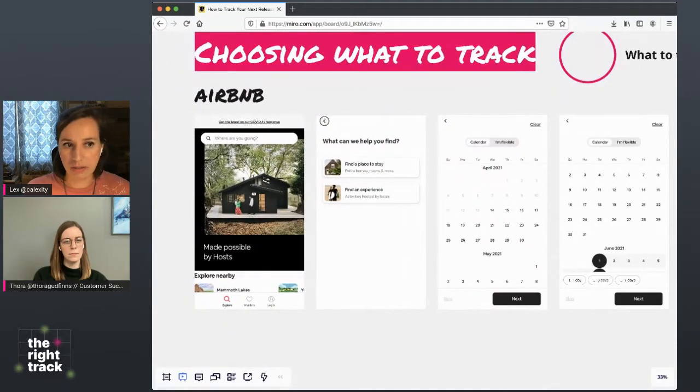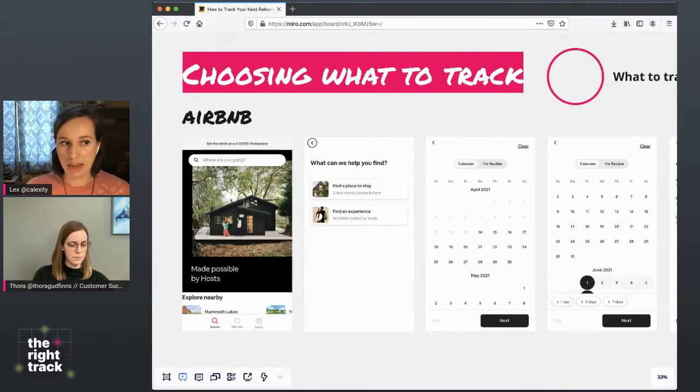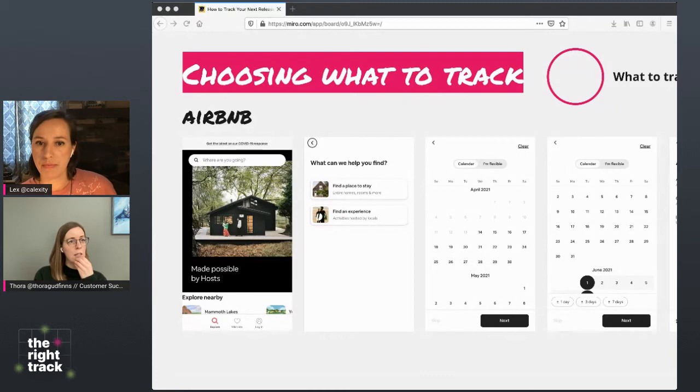What we're going to do is do a pass at how we want to measure success, and then we're going to go back through and define our actual events and properties. So why don't we get started? Any considerations before we jump in here, Thora? Yeah, framing. What I usually like to do, and usually recommend to teams, is